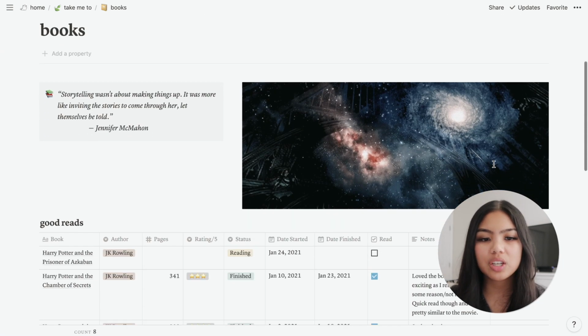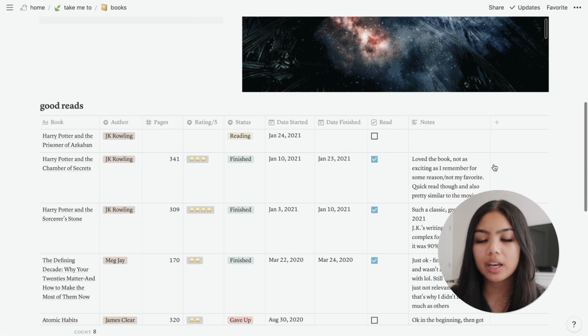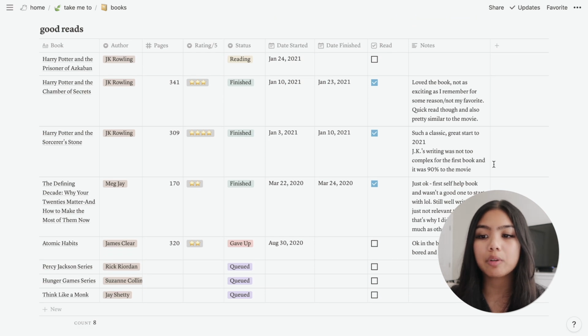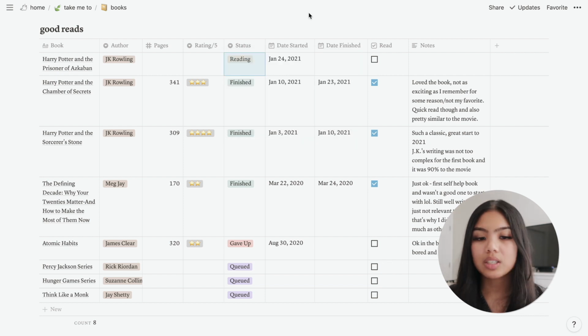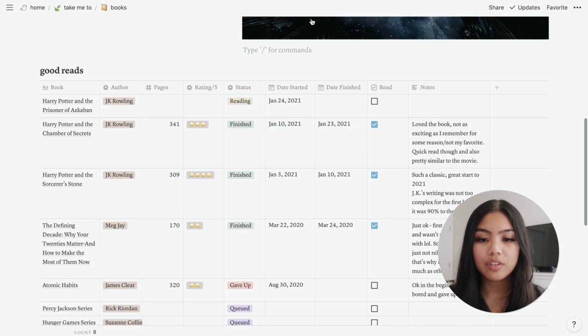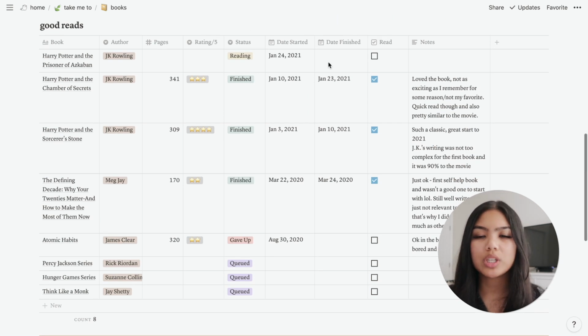We have a nice GIF and a nice quote, and then below that I just have a table of all the books that I'm currently reading or want to read for this year. Then I list the author, how many pages it is, the rating I give it, the current status, which I have as queued, meaning books that I want to read, reading, finished, and also gave up. I also list the date I started, the date I finished, if it's completed, and then once again, any notes